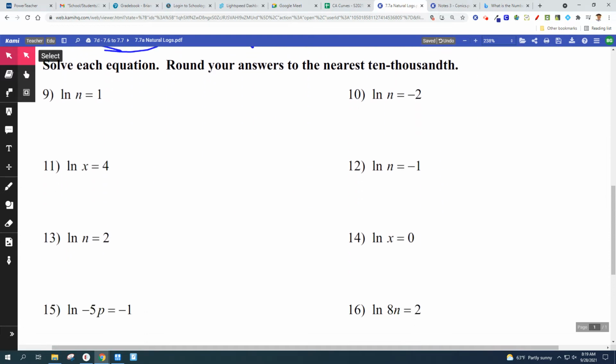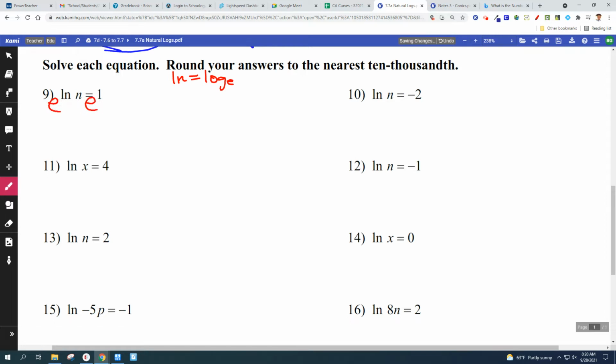Now, solve each equation, rounding to the nearest 10,000th. That's 4 decimals. So I'm trying to isolate the variable here. That's what we're doing when we're solving. 9 times out of 10, when it says solve, it wants you to isolate the variable. So in order to isolate this variable, I'm going to have to get rid of a log. Remember, natural log is log base e. So if I want to get rid of that natural log, I'm going to take a base e on both